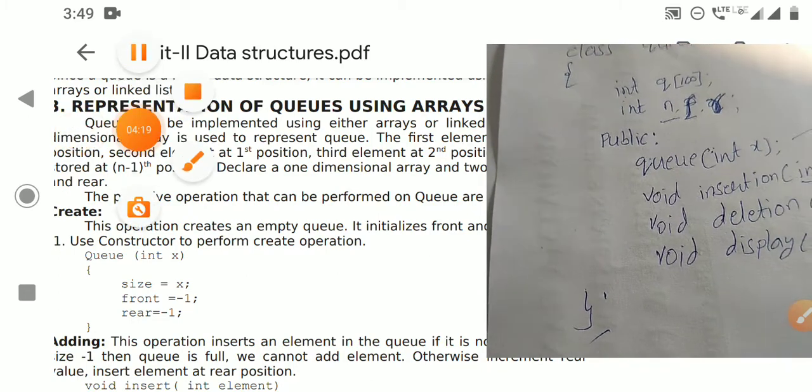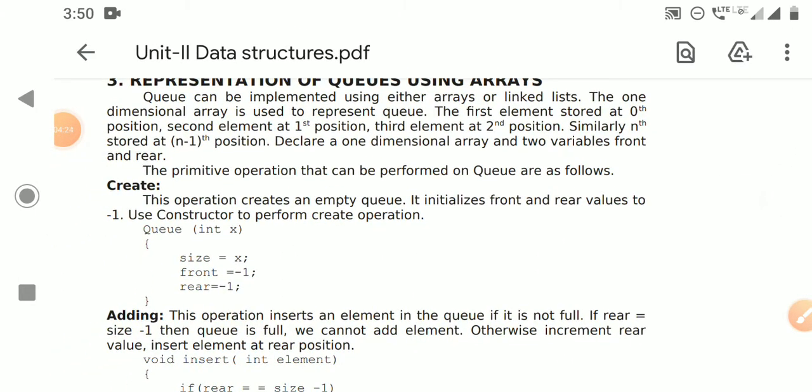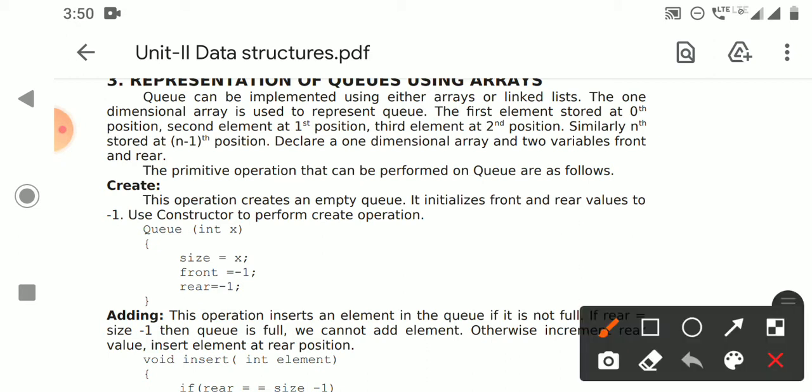Here are the primitive operations that can be performed on a queue. Create: it is a constructor that will create an empty queue. The empty queue will be assigned the size of the queue, front value -1 and rear value -1. I already told that in an empty queue the front value is -1 and the rear value is also -1.